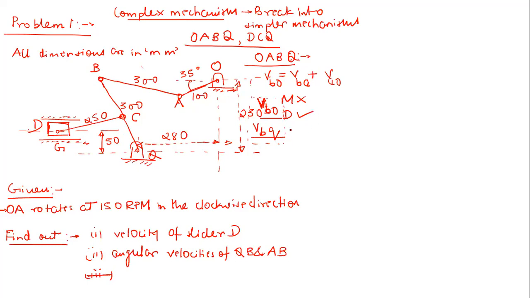So now this VBQ is perpendicular to BQ. So this is a very similar analysis to what we did for the 4-bar mechanism and slider crank mechanism in the last session, if you remember, right? So we replace this vector with the one which is giving us the direction. So now this is VBQ. Now let us talk about VBA. Is it known in magnitude?